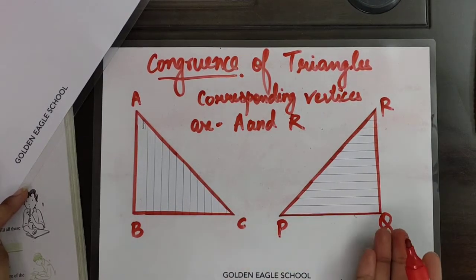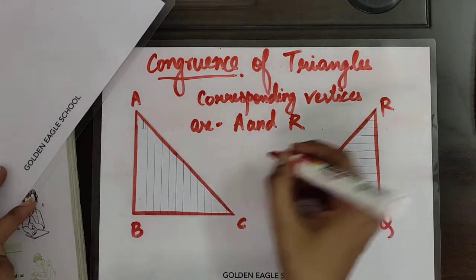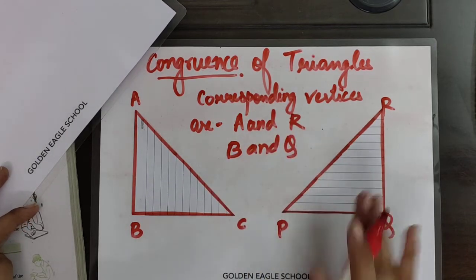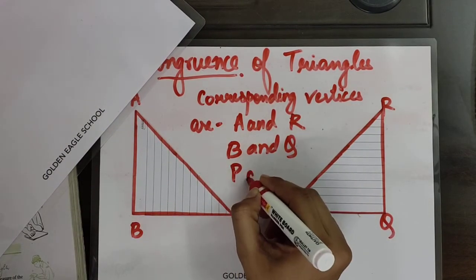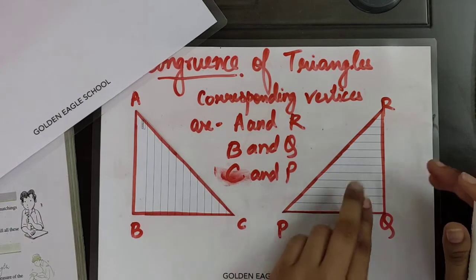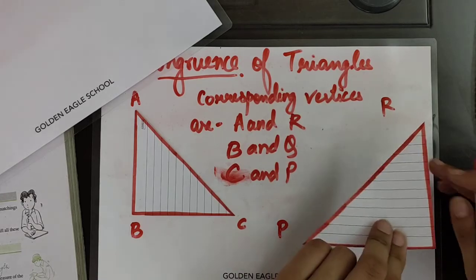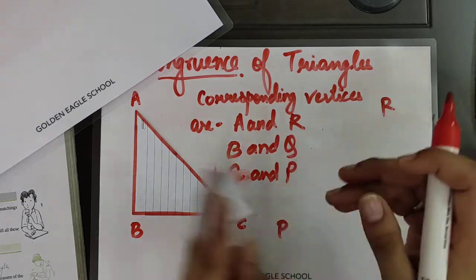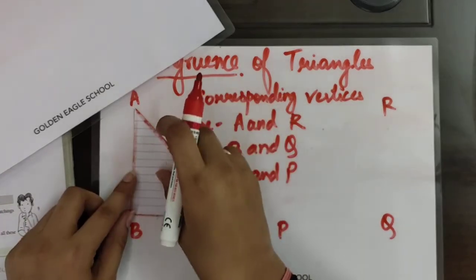B, and when we turned this triangle, it superposed, so Q was on B, so B and Q. Similarly, when we placed it here, P was on C, so P and C. See how we placed it. R was here, Q was here, P was here. We just hold it like this and place it over here. So R goes on A, Q goes on B and P goes on C when we place it here.